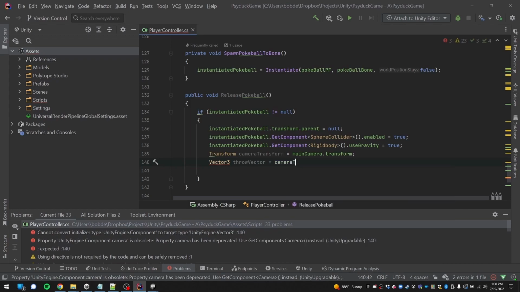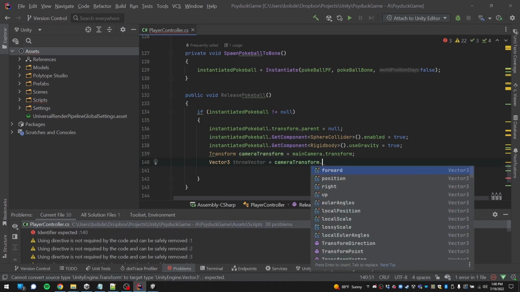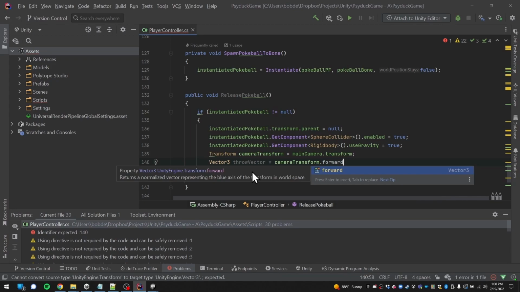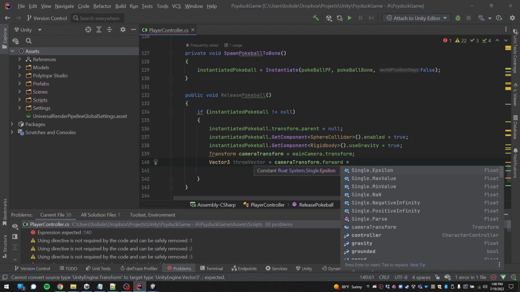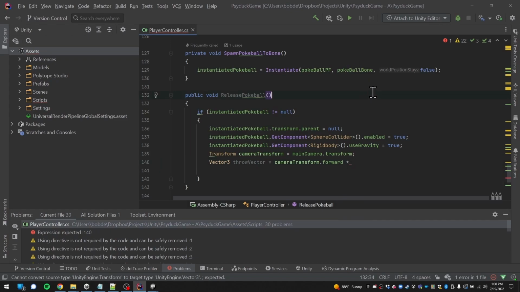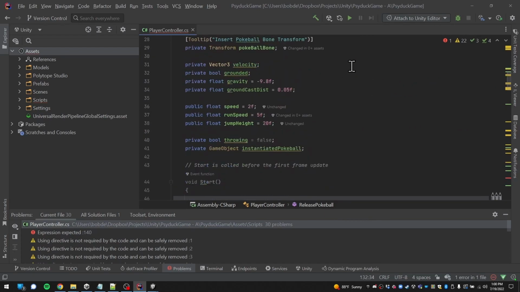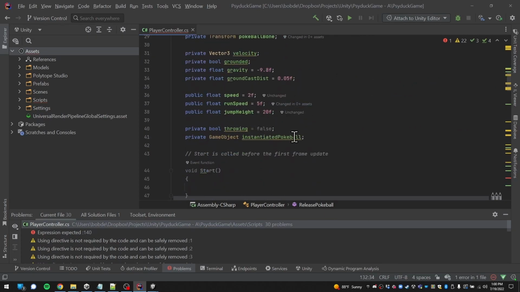Transform, right? And we're going to get the unit vector pointing forward so that it's forward to where we're going. And we're going to add a throw strength to it. We could set up a variable for this type of stuff. Yeah, I forgot to do that. Maybe let's set up a variable. So for throwing,